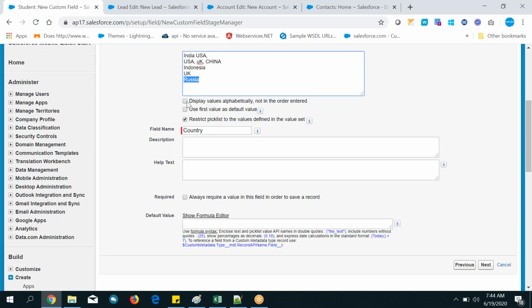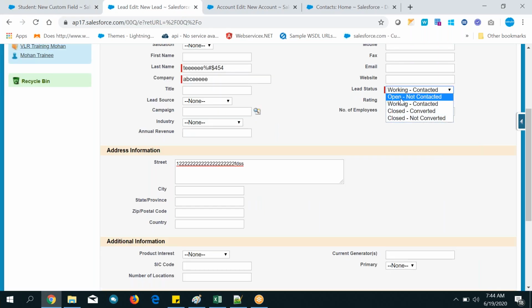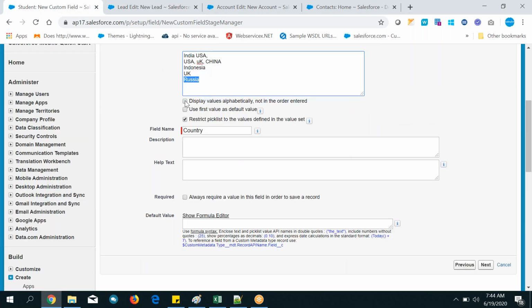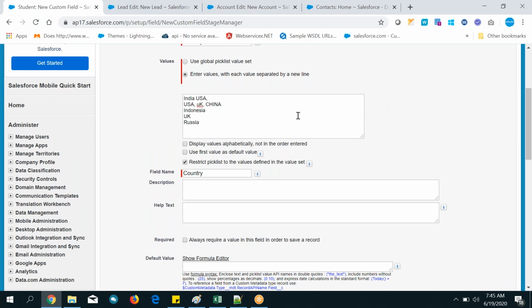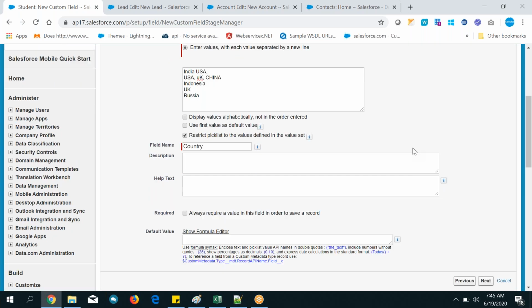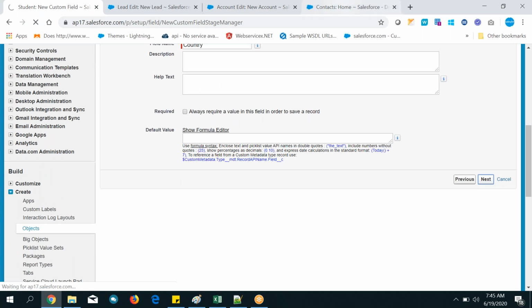Okay, and if you want to display in alphabetical order, so here what is the order? Alphabetical order, if you want. Right now it is not in alphabetical order. So what does order mean? Top to bottom. See here. C is the first letter, right? And next O, after that W, right? It is not displaying in that order. But if you want to display in alphabetical order, you can select this one. And if you don't want to display in alphabetical order, it will be displayed like this only. Whatever you have entered, in the same way it will be there also. Leave all the other things and just click on the next button.